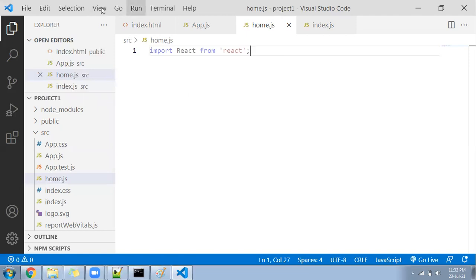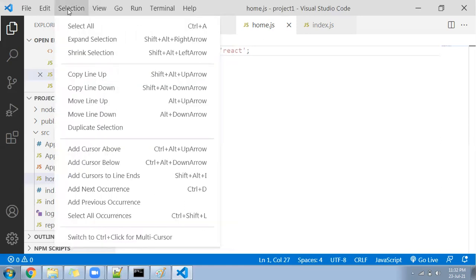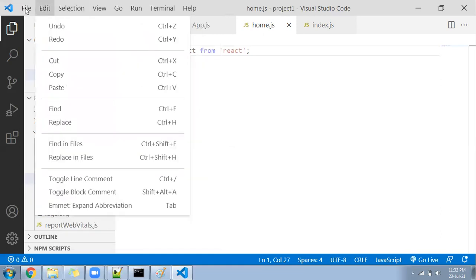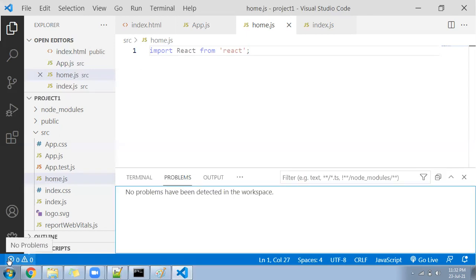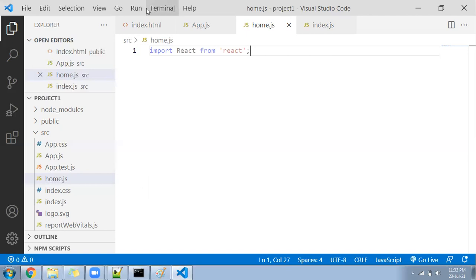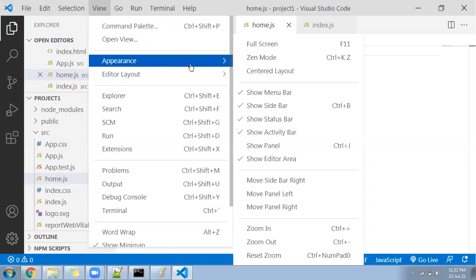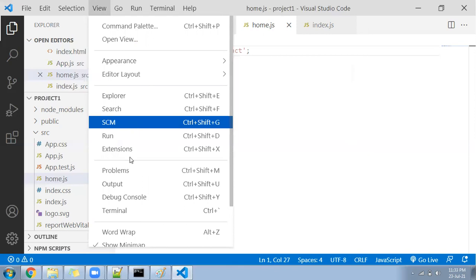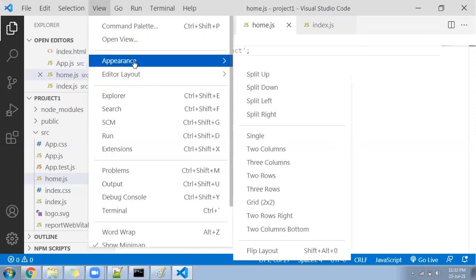I'll go to view, appearance. Yeah, I found the appearance.